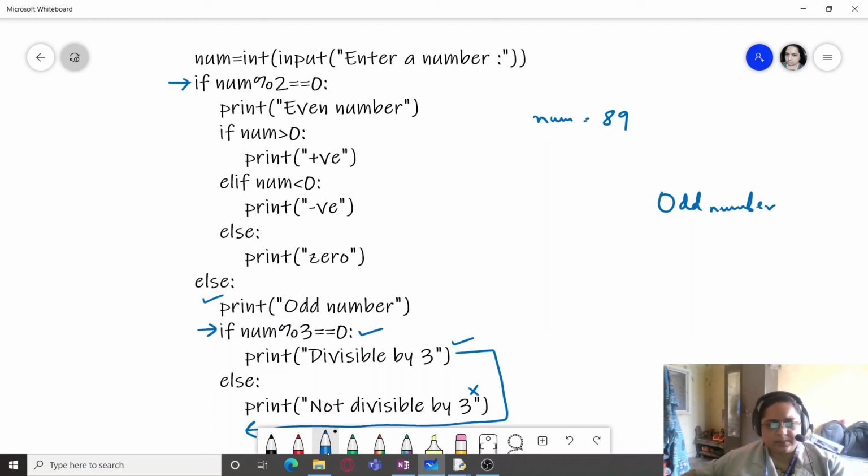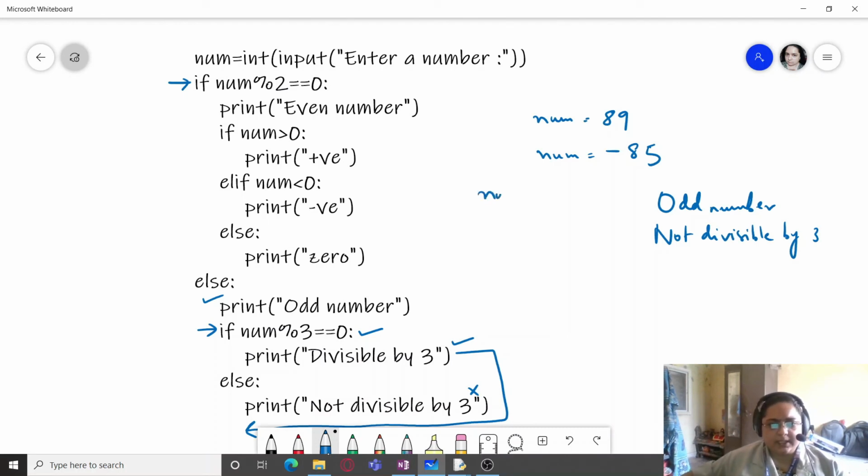So it's not divisible. It will print not divisible by 3. Then if I take num as minus 85. Is this an even number? No. So we come over here, we check whether it's an odd number. Yes, it's an odd number and not divisible by 3.